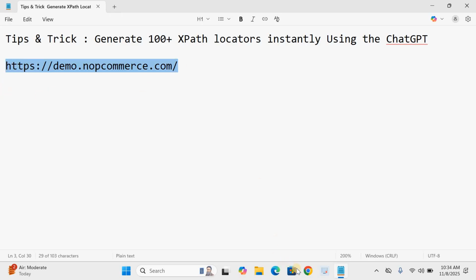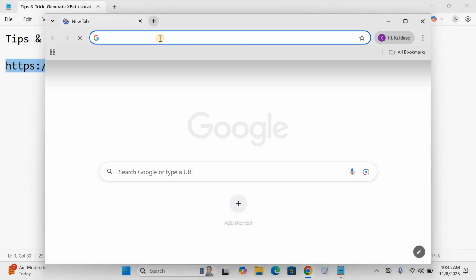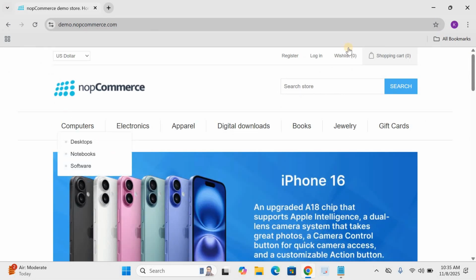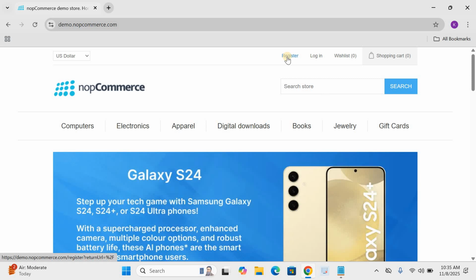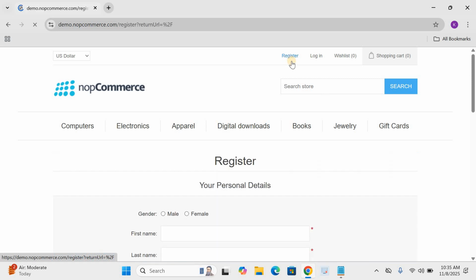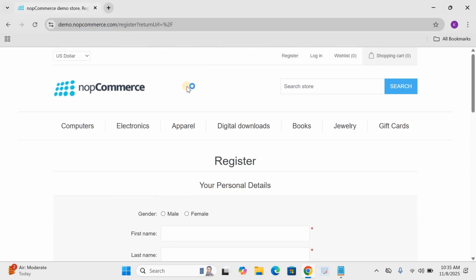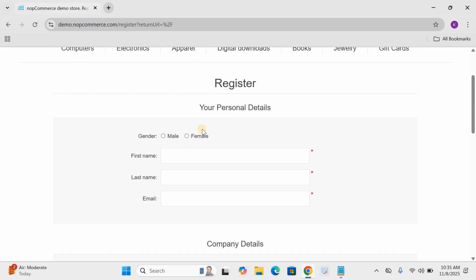For the demo purpose I will use this website. So let's launch this website. Now let's click on this register link. As soon as we click on this register link, a new page gets loaded, and here you can see a lot of details, like this is a search button. There are two radio buttons.